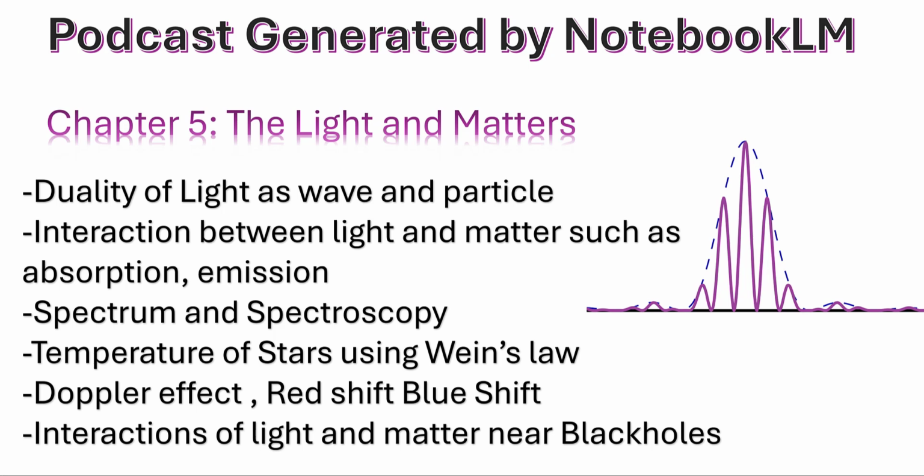But you mentioned black holes. They're known for having this incredibly strong gravity, so strong that even light can't escape. So how does that fit in with this whole interaction of light and matter? That is a great question. Black holes are a unique and extreme example of how gravity can affect light. It's true, light can't escape from inside a black hole's event horizon, the point of no return. But the area around a black hole is a real hotbed of light-matter interactions. So even though we can't see the black hole itself, we can see all this activity happening around it.